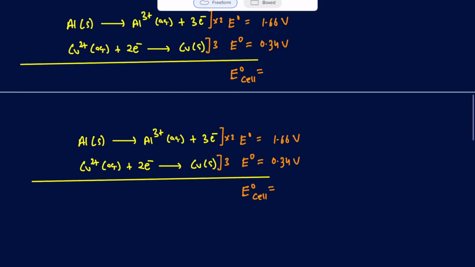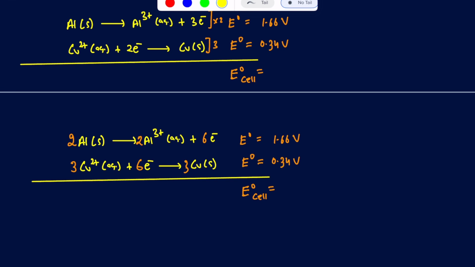So when I multiply that by 2 and 3, I'm going to get, let's say, 2 here, 2 here, get 6 electrons here. And then I'm also going to get 3 here, 6 electrons here, and 3 here. Now, whenever you are multiplying to get the number of electrons balanced out on both half cells, you will multiply these coefficients here, but then remember, you don't do anything to the standard reduction potential values